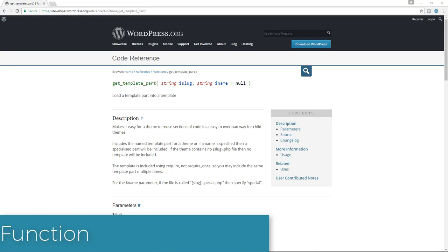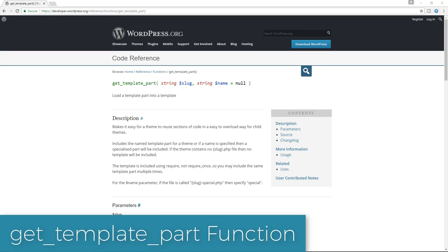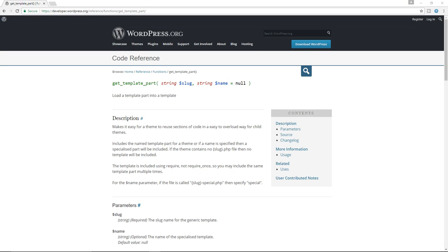Alrighty, welcome back. And while we're on the topic of functions, let's talk about one function that you're very likely going to find in many WordPress themes. And it's also a function you might want to use when you're building your very own WordPress theme. And that is the get_template_part function. Now, this is a function that allows a theme to reuse the same kind of code in different